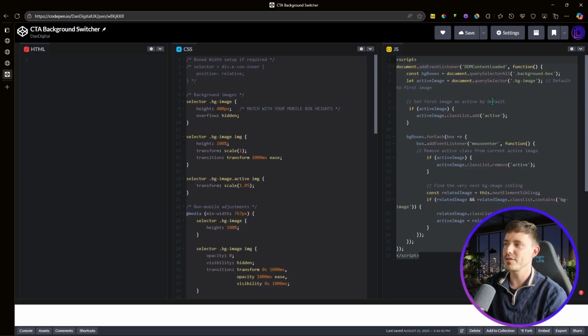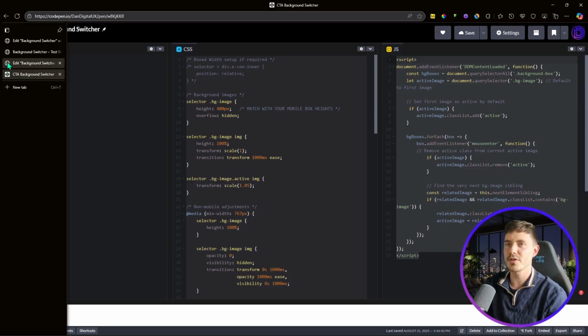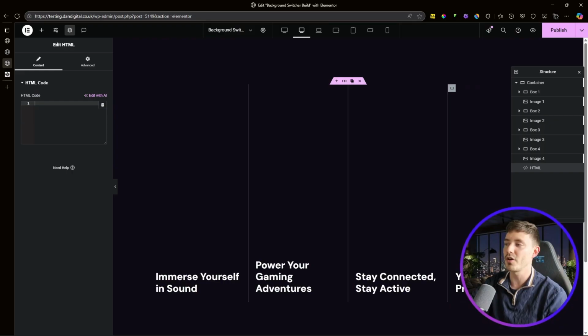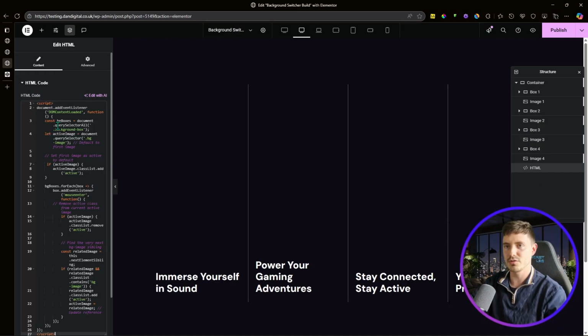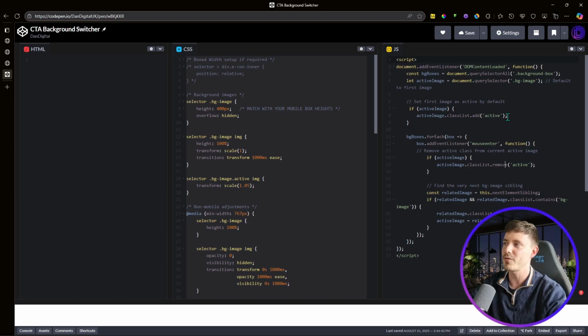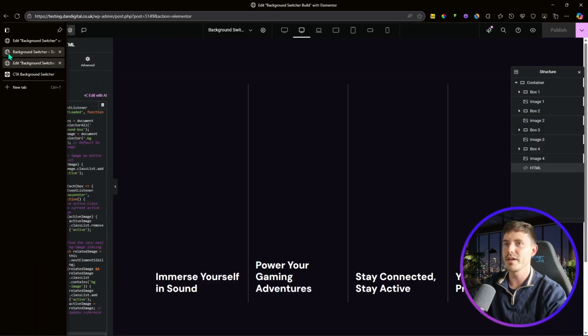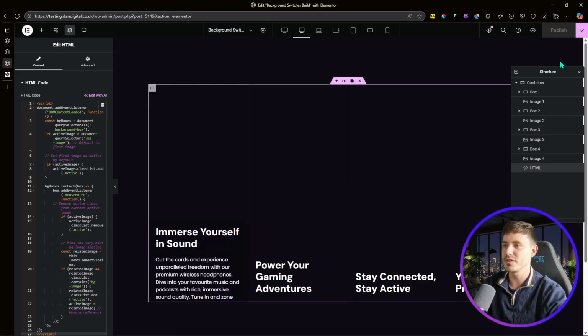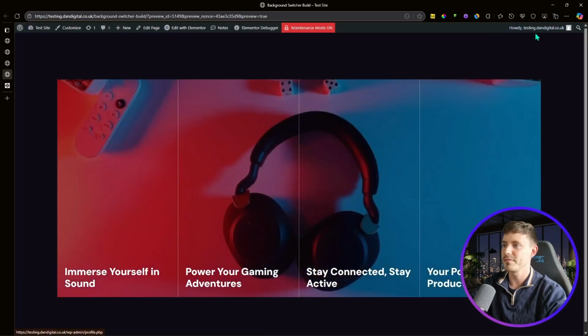Now, all this is doing is on hover of your images, or rather on hover of your columns, it's just adding an active class to the image associated with it. So that's all it's doing. It's really lightweight code, this. So you can just see how it works here. It adds the active class and it removes it from the previous image. So once we've added that, we can now publish our background switcher and then view it, and we'll see it